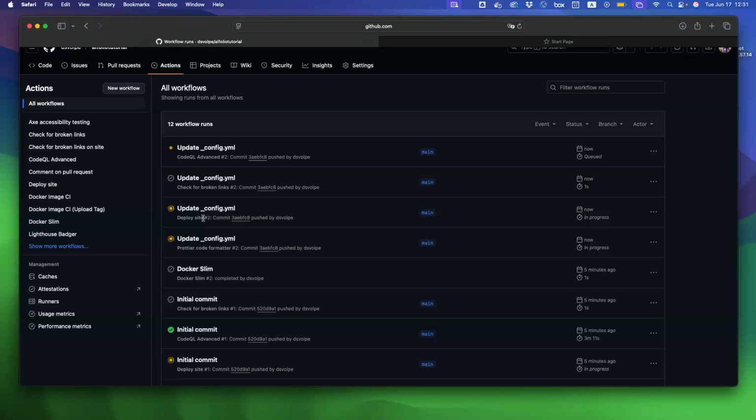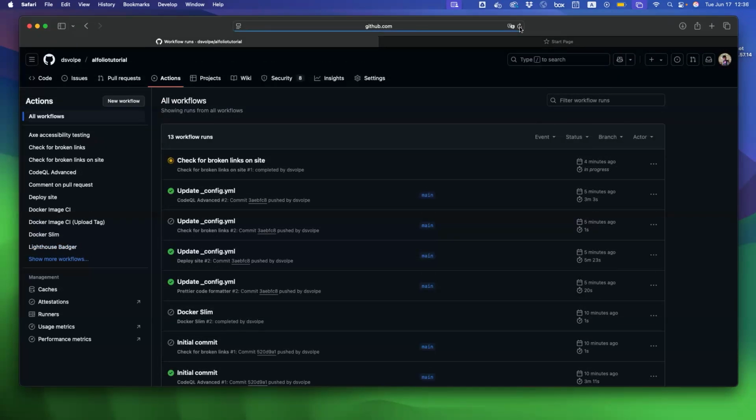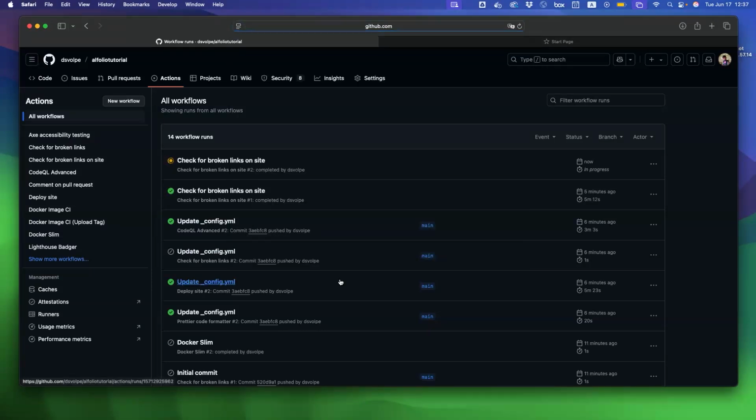So we're gonna have to wait a little bit here because this is the first time we're deploying the site. And I think according to the al-folio instructions, or the documentation, this takes about 4 minutes. All right, mine is done. Now it's checking for broken links. Okay, so we're almost there with